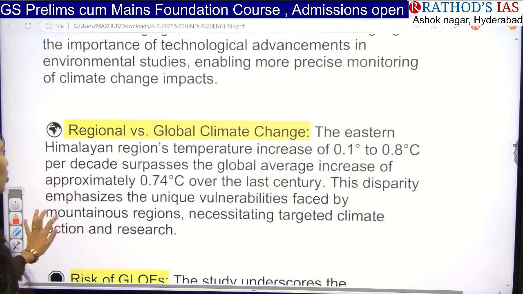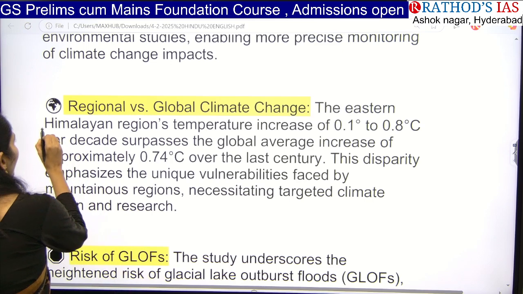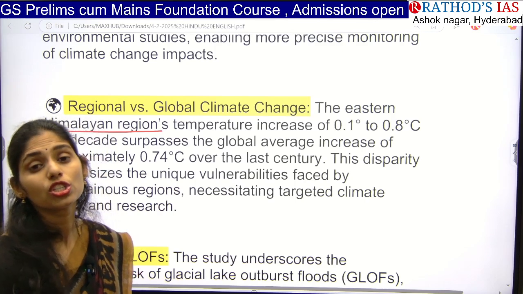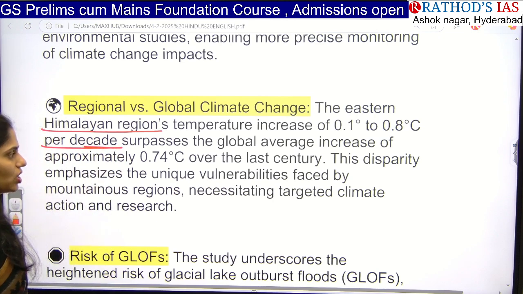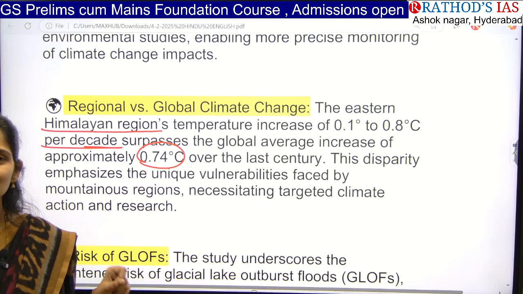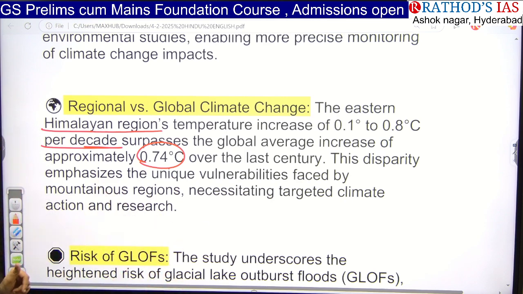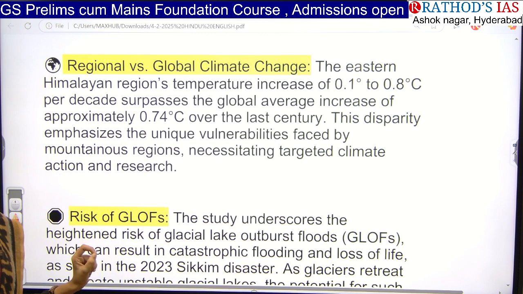And next one is we have to focus on regional as well as global climate change. If you see the Himalayan region, temperature is increasing from 0.1 degree centigrade to 0.8 degree centigrade per decade. That means every 10 years there is an increase of temperature. The global average is approximately 0.7 degree centigrade in the last century. So even in the Himalayan region there is an increase of temperature change. Because of this, we are going to face some unique vulnerabilities in the future. So here we need to go for targeted climate action, and we have to focus on increased research in